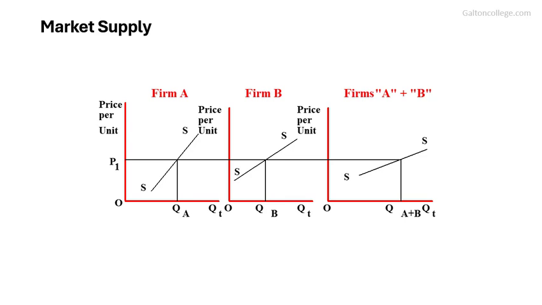If we add the two together, we'll get the industry. We'll say this industry has just got two producers, A and B. Now, if we add at P1, we'll keep the price at P1 all the way across. That's the price all the way across. We've got QA from A, QB from B, and QA plus QB from the sum of the two of them. So this would be the industry supply curve. If we add them horizontally, we'll get the market output. This is what they're producing between them. A produces QA, B produces QB. Together they produce QA plus QB. That's it.